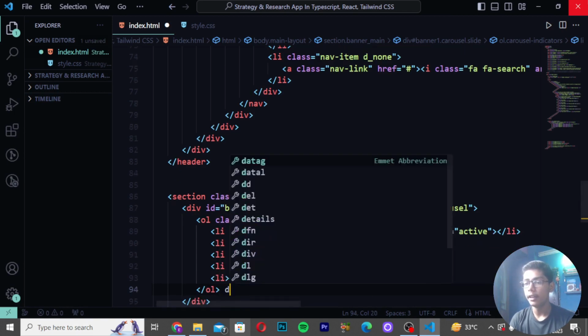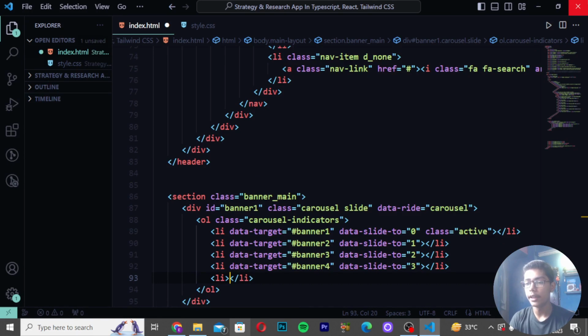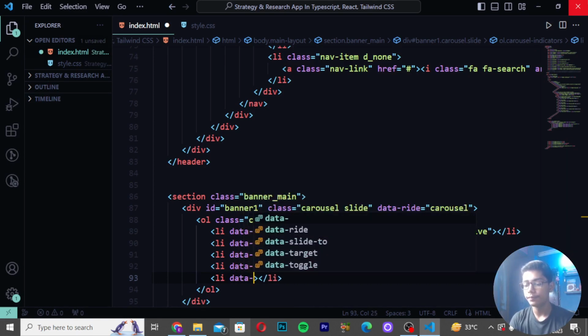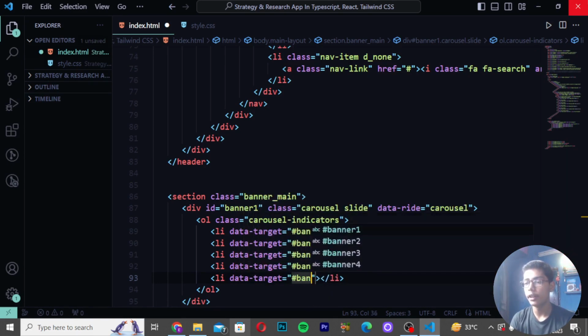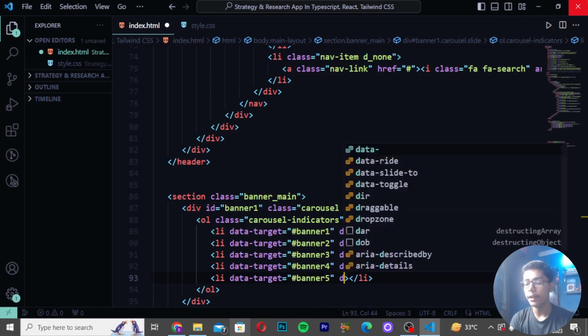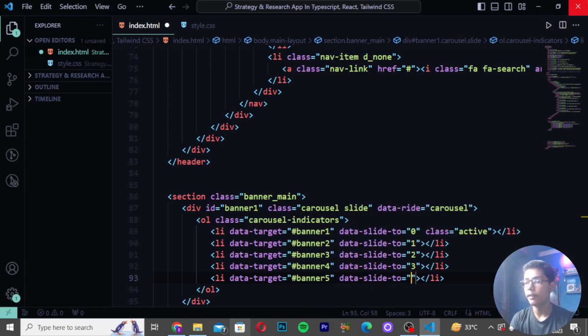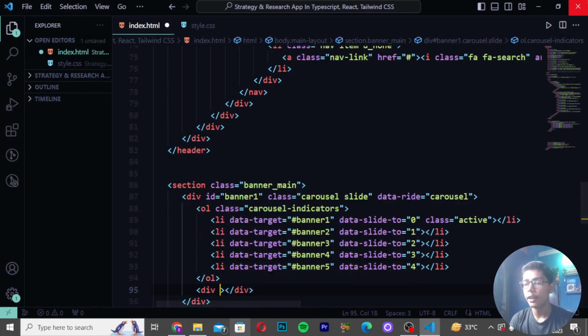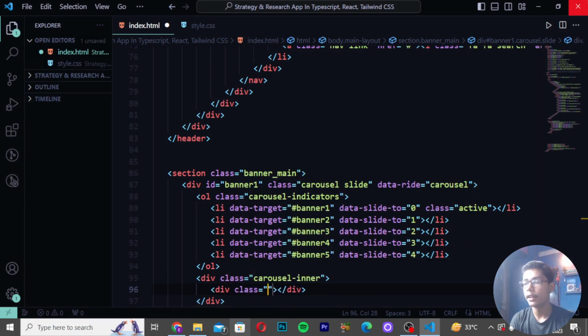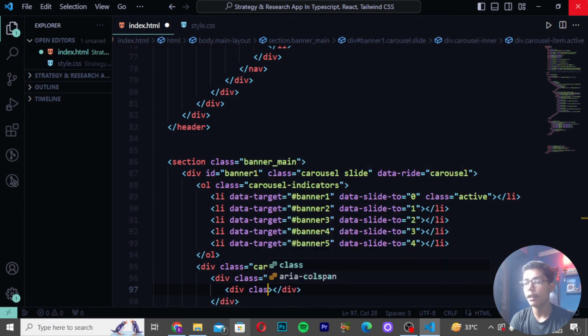Then create li, and here I will be now just writing data-target like this, and then you have to now write here banner5, and I will be writing data-slide-to, and here I will be writing 4. Now you have to create div class, and I will be now just writing it as carousel-inner, and then you have to now write here div class again and create carousel-item. So I will be now writing it as carousel-item active, and here you have to write div class as